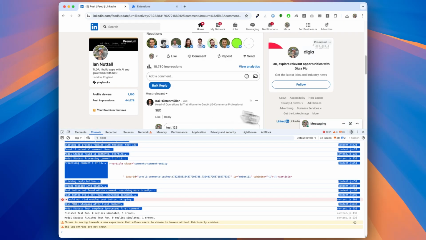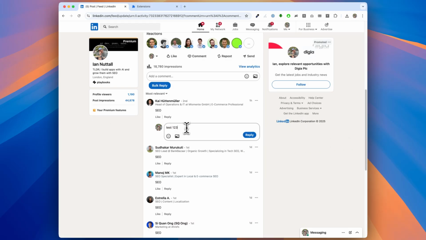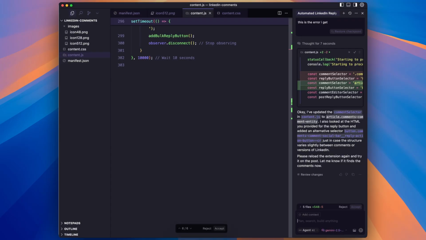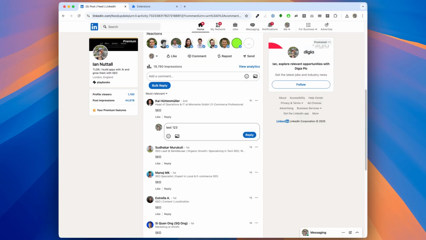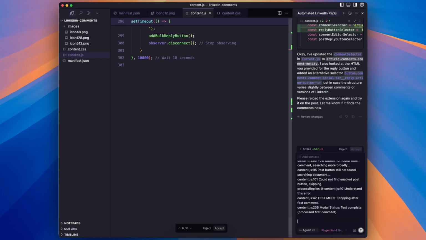So actually, I can already see it did put it in there. And then obviously the reply button is there. Okay. So we'll paste that in and we'll show it. Screenshot. Looked like it worked for the first comment.